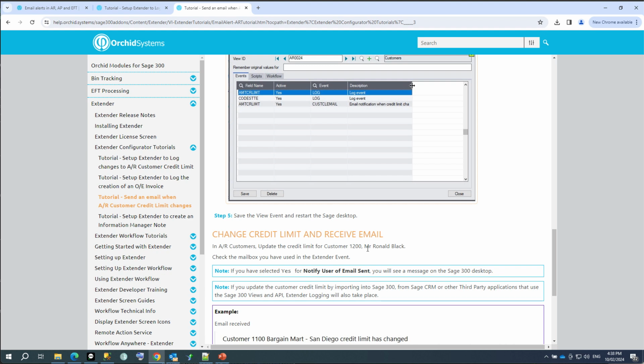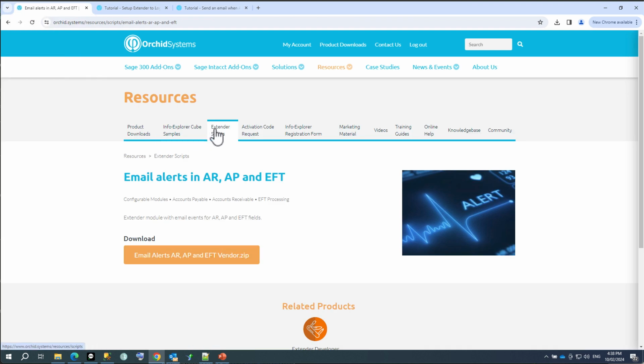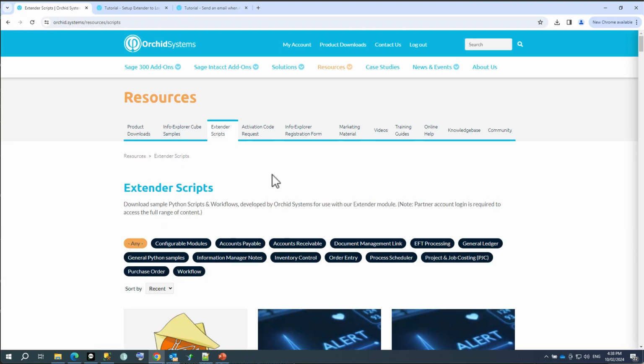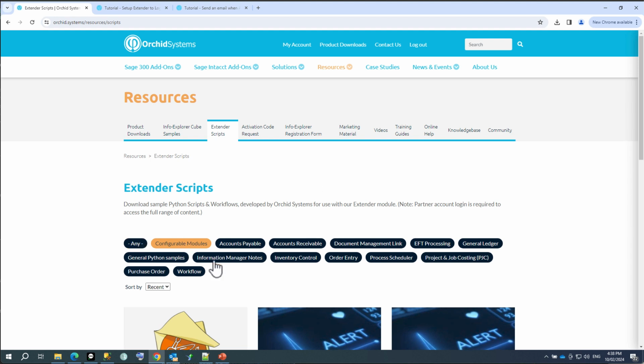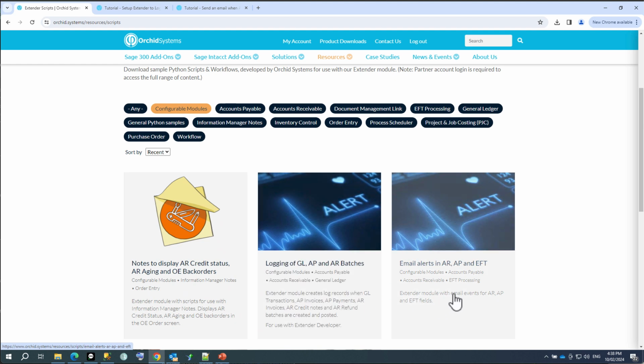We won't be going through each of these steps one by one, because what we've done for this type of alert is prepare a module that is available to download for Sage 300 business partners in the Extender scripts area. So when you're logged on to the Orchid website, we have added this new section called Configurable Modules. And here we have a module that includes email alerts in AR, AP, and EFT. So I'm going to download this module,